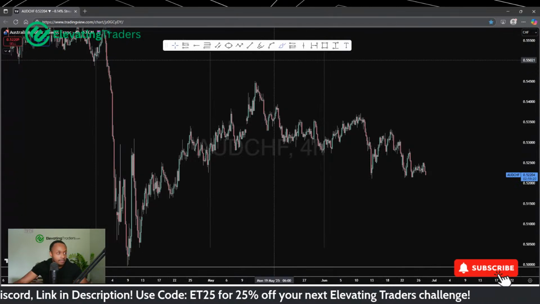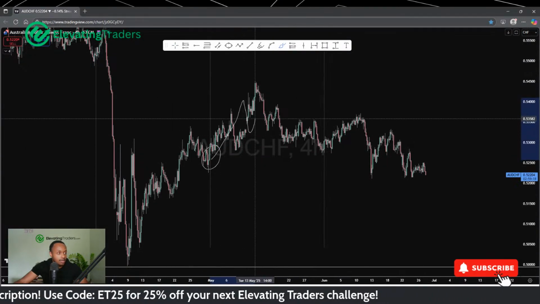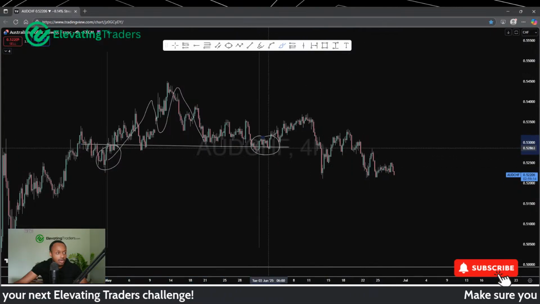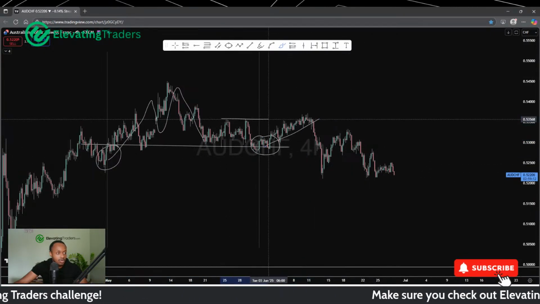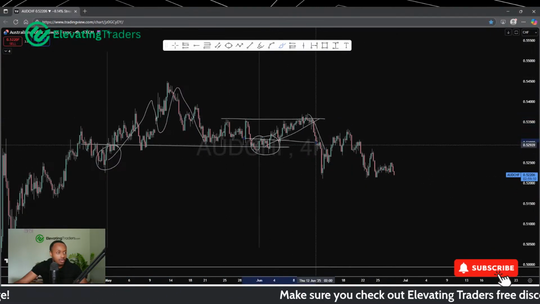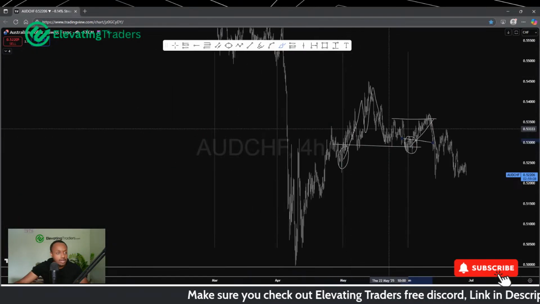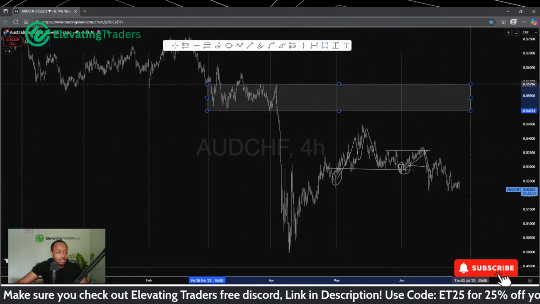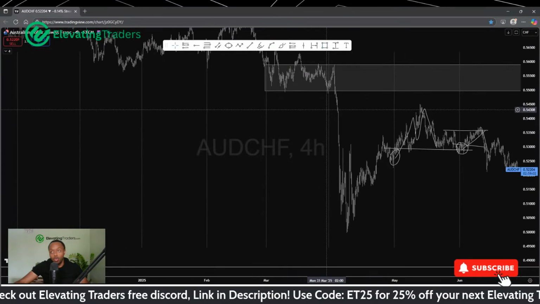Took a buy over here, and then price did come back to take me out of the trade for break even. I took a buy over here as well. That did see a nice push back into resistance, but not enough to break through, and I took a break even there as well. Both trades, I was looking to see if I can push it back into this area, which is where all the momentum came from.